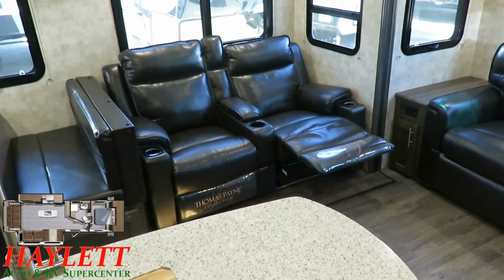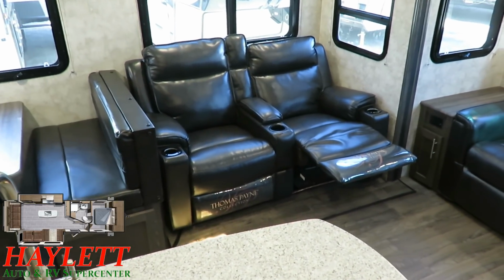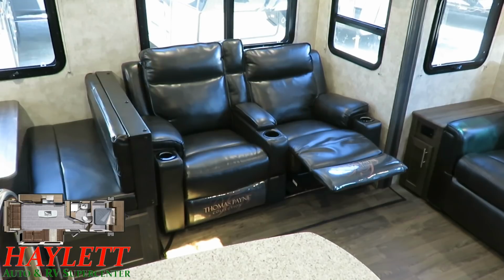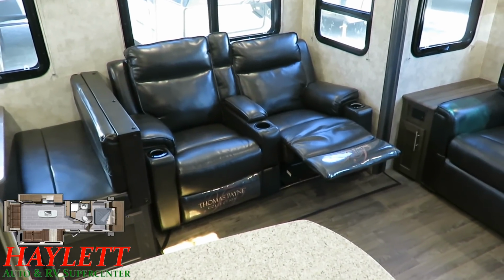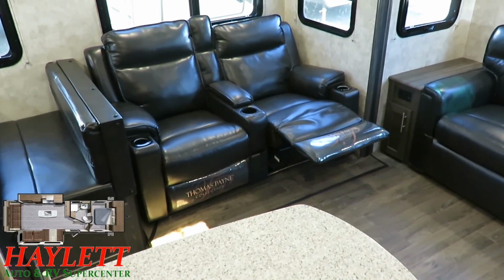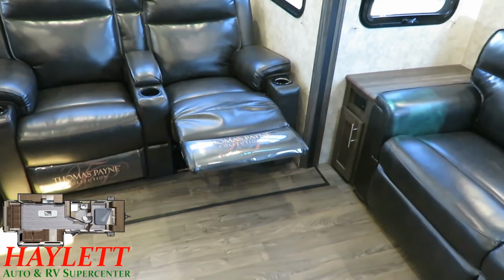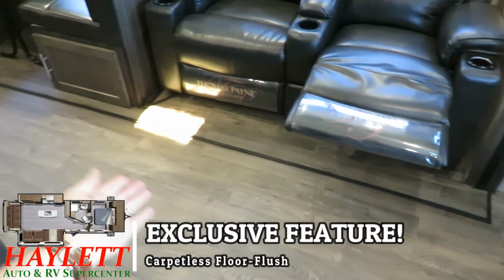That is very difficult in a lot of RVs. There are benefits sometimes to furniture not being bolted to the floor. I don't think I've ever talked about that before, though. I think this is the first time in the history of over 3,400 videos I've ever talked about being able to clean behind furniture in an RV. Huh. Maybe I'm thinking about it wrong. I couldn't plan a better segue to the carpetless floor flush